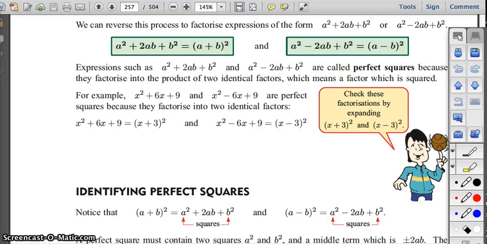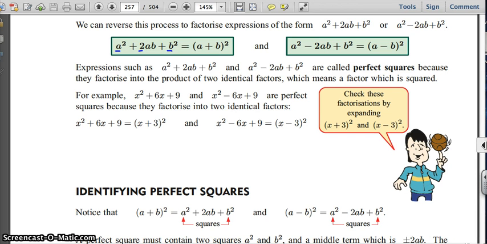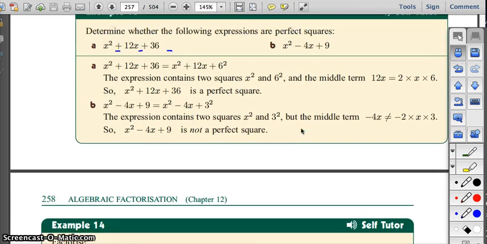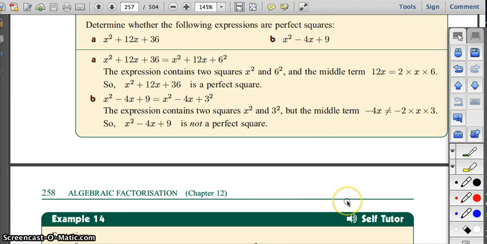So importantly for these, it's using this process backwards, where it has to be 2 times whatever your A is times by whatever your B is. All right. So if we go down to a question, okay, where we've got this, x squared plus 12x plus 36, that has to be squared. There has to be a number that's squared to get that, and then this becomes your A and this becomes your B, right? So, and the process is the whole A squared plus 2 times A times B plus B